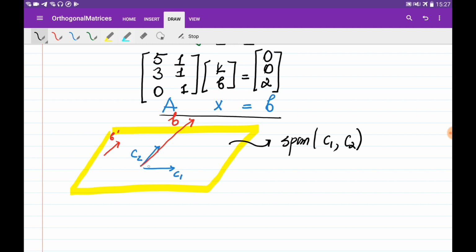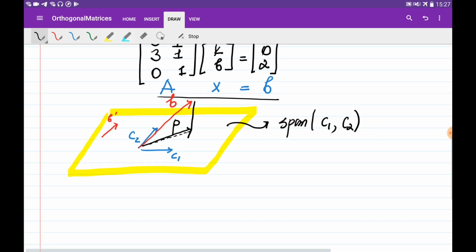I need to choose such a vector b, or some p, from this plane so that the distance between this plane and this vector is going to be a minimum. Basically, the distance between the point and the plane is minimum where I make the perpendicular to this. So if this is perpendicular, this vector is going to be the projection vector